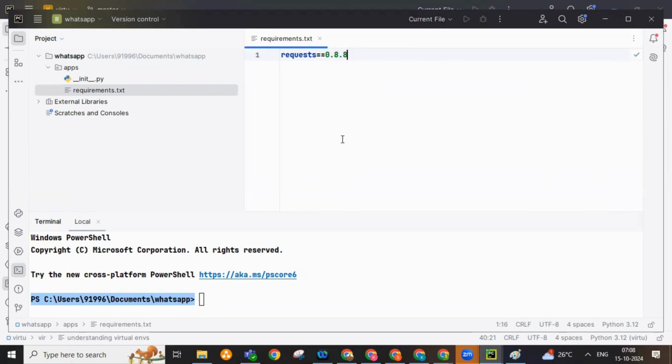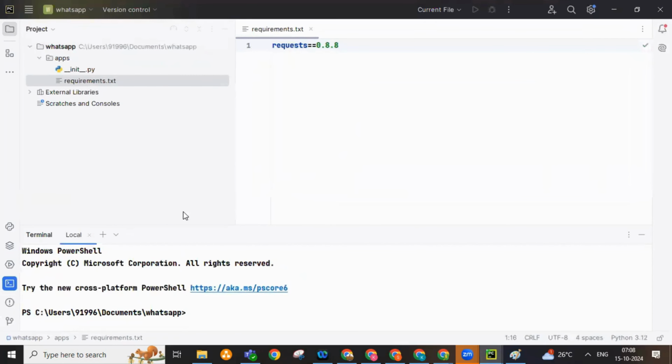Now, what is the topic we are discussing here? This is one project, for example, a WhatsApp project, and the project location is this. What we need to do is create a virtual environment for this particular project so that I can install a requests library, for example. So I will be installing one library globally. If I go back here to requests,